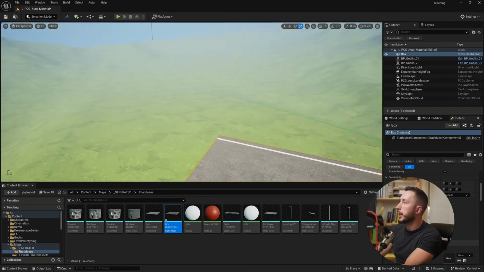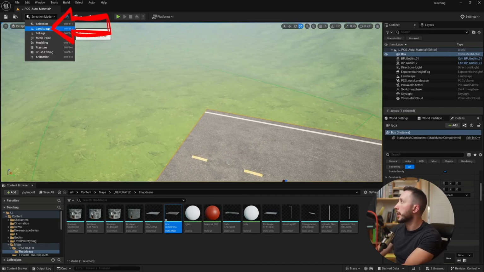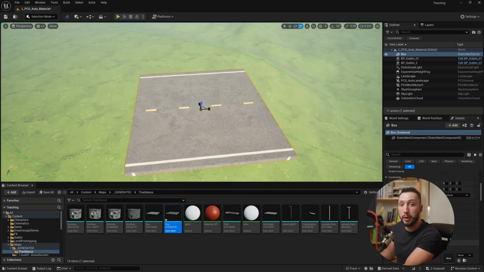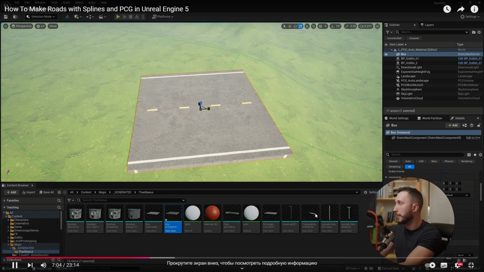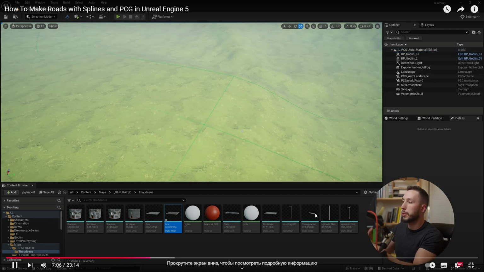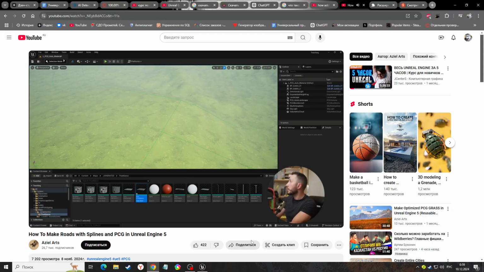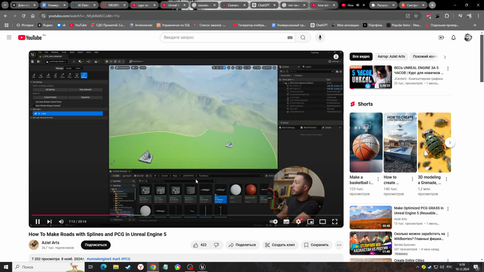We can go ahead and switch back to our landscape. Actually, I'm going to go ahead and delete this one in our level before we switch, because we will not be able to select and delete it after we switch over to the landscape mode. So I'll hit delete because we don't actually need it in our level anymore. And I'll come over here to the landscape options and switch back to it. And we're snapped back